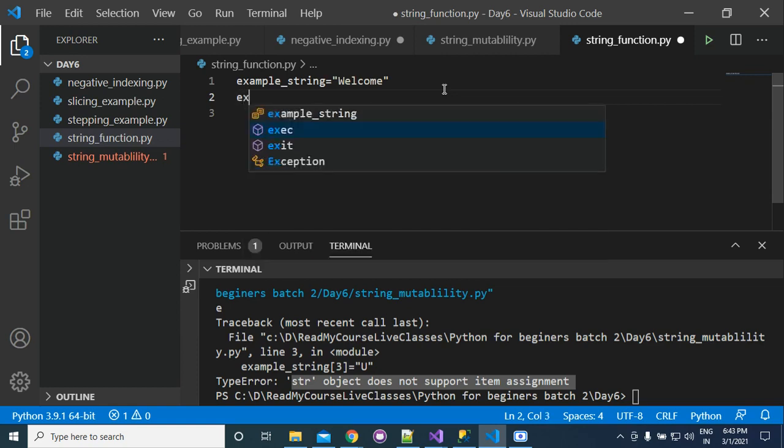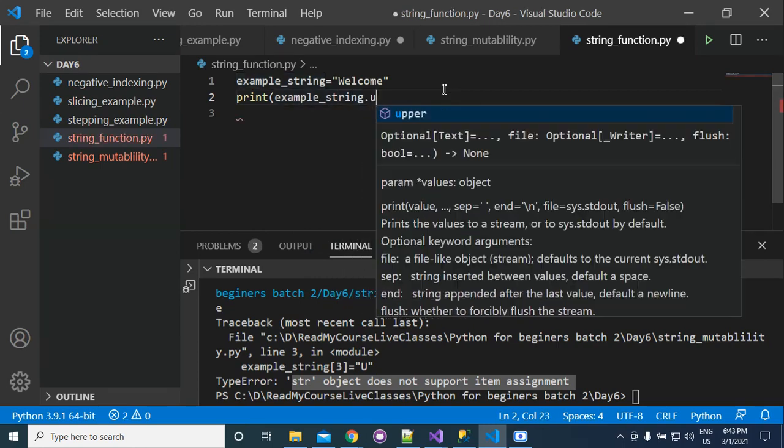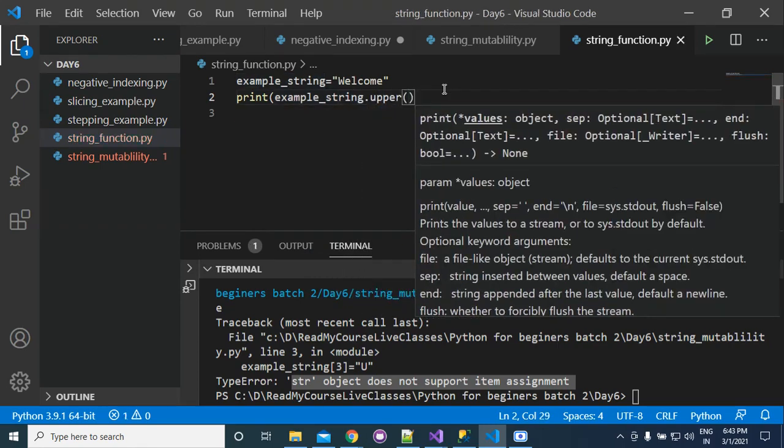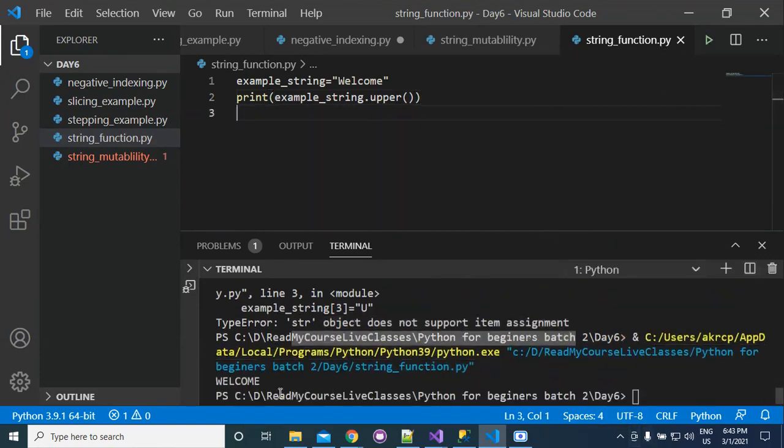You will write print example string dot upper. It will convert your string to uppercase. Now if you run your program, it will give you the output WELCOME.